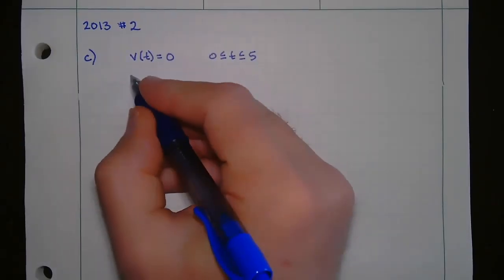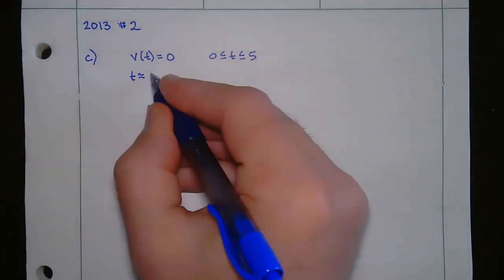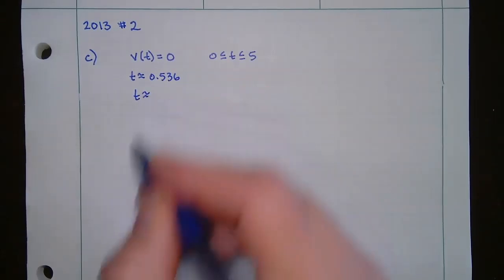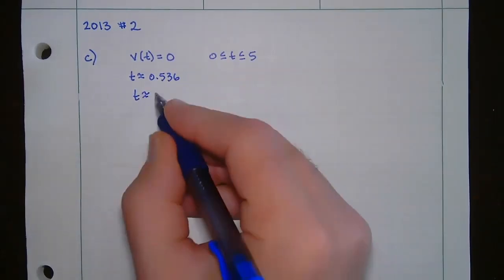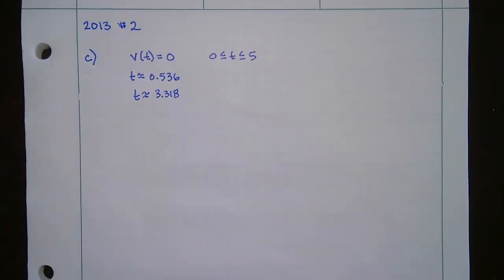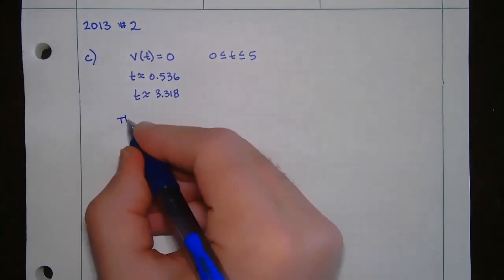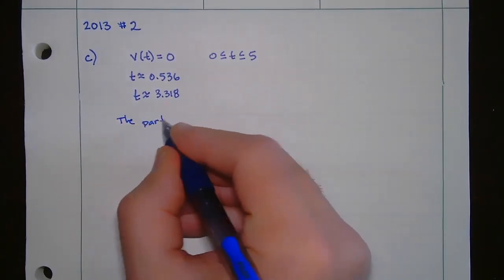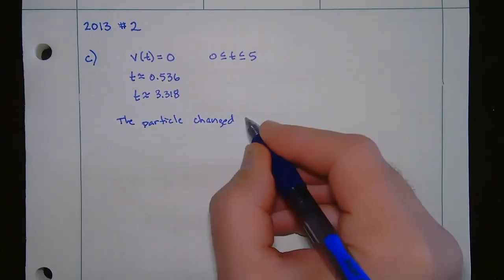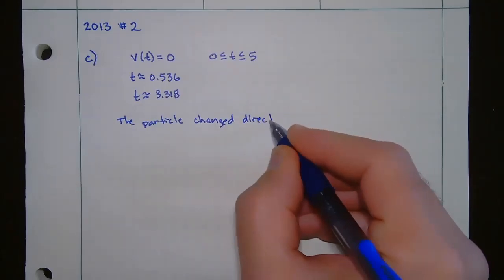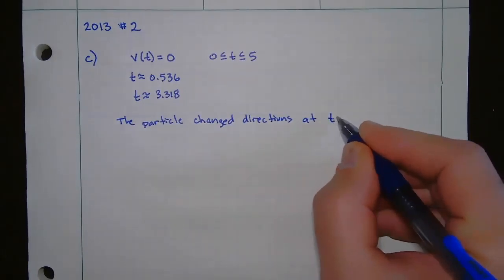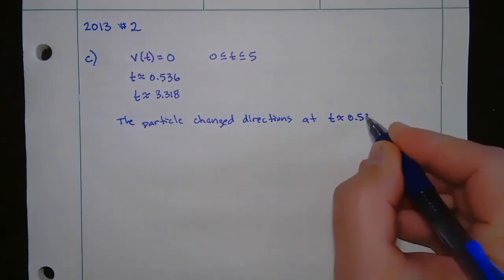So when we solve this, we got t is approximately 0.536, and then also t was approximately 3.318. And the question was, when does the particle change directions? So we write this up: the particle changed directions at t is approximately 0.536